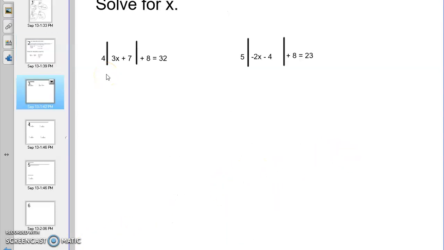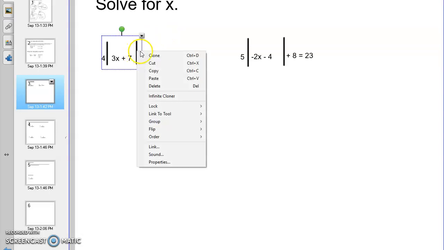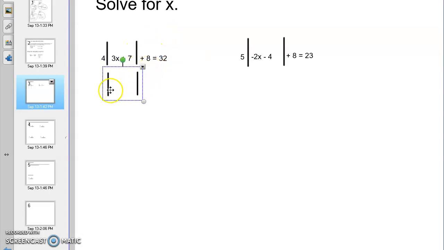When solving absolute value problems, we've got to get the absolute value alone. So it first is 4 times the absolute value of 3x plus 7 plus 8 equals 32. 3x plus 7 is in the absolute value. We're going to subtract 8 on both sides, and we're left with 24. Now I need to divide the 4 out of there, and now I'm left with the absolute value of 3x plus 7 is equal to 6. So if you notice,